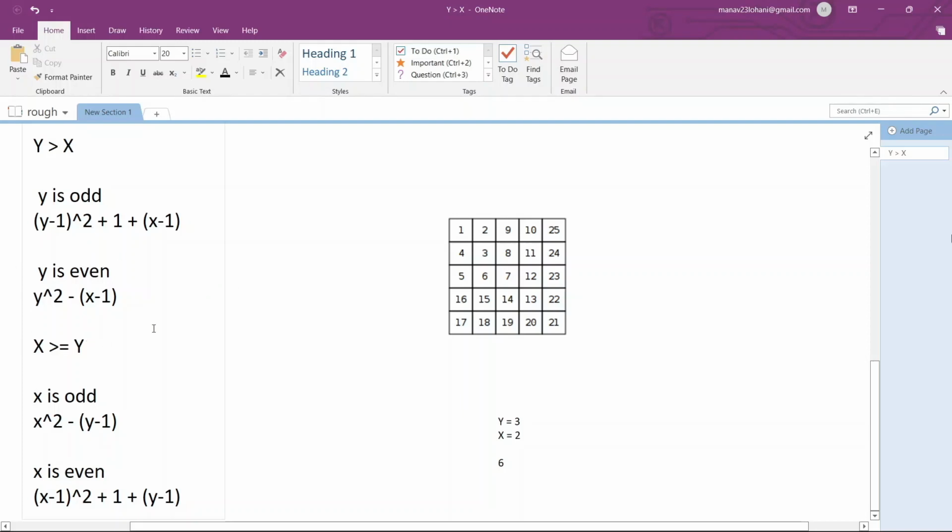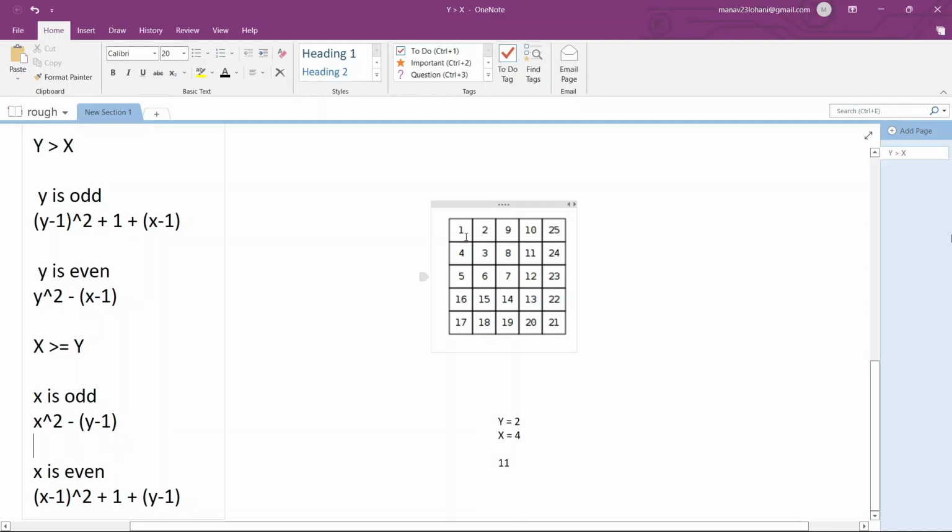Otherwise, if y is not greater than x, that is, if we pick the number 11, your number is in the second row, fourth column. So let's see through this. y is less than x. Now if x is odd, like you can see here, x is odd 1, x is odd 3, x is odd 5, so the first element is simply x squared: 1, 9, 25. Here we were finding the first element and traversing towards the right. In this case we will find the first element and traverse downwards.